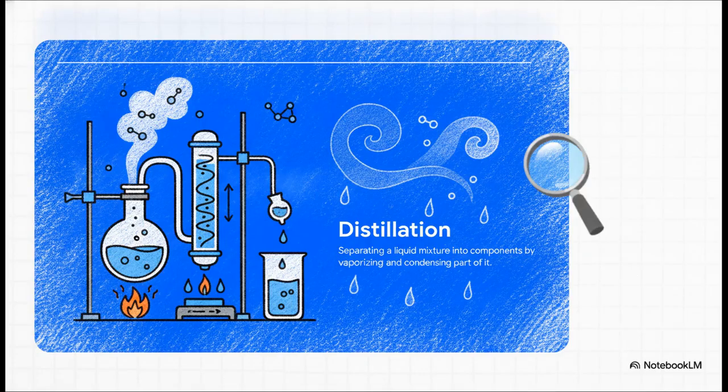Well, here is the incredibly elegant solution: distillation. Distillation utilizes the unique vapor pressures of different chemicals to sort them by heat. It's almost like sorting physical objects by their weight. Because every single liquid has a totally distinct boiling point, we can slowly apply heat to a mixture. The lightest component, meaning the one with the lowest boiling point, will vaporize first. We capture that vapor, condense it back into a liquid, and boom, we've successfully separated it from the heavier liquid